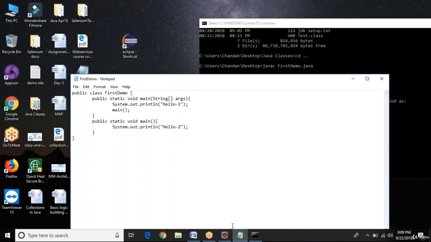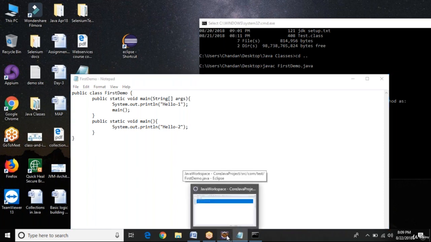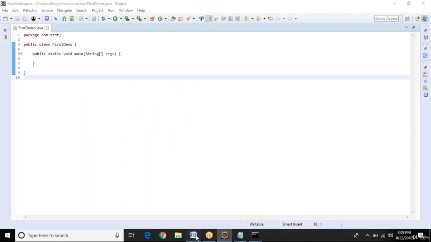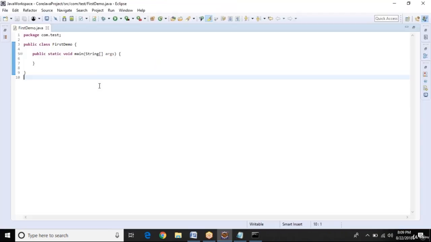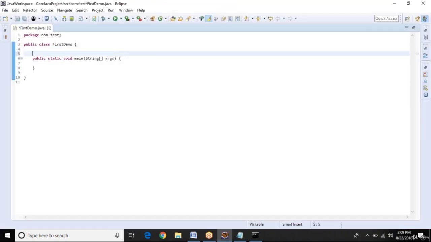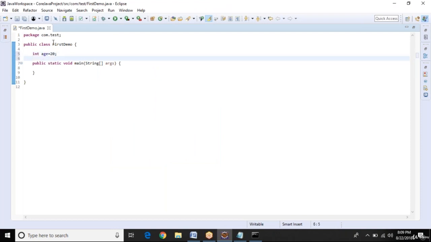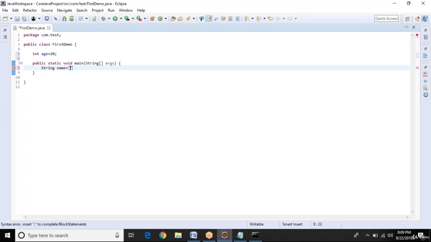Now, back to our main topic, we will discuss what is static, dynamic and instance. Let me create one variable here: int age equal to 20. Now in a particular method, I am writing a string name equal to some value, abc.